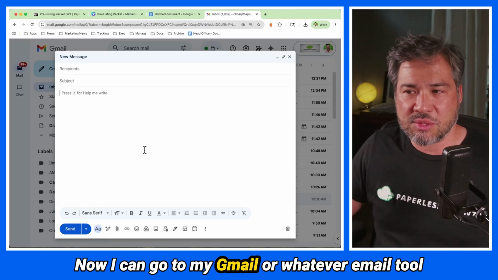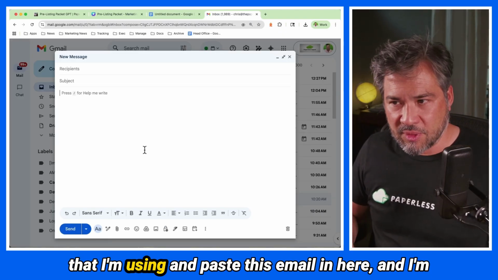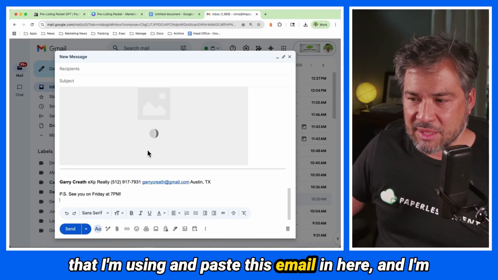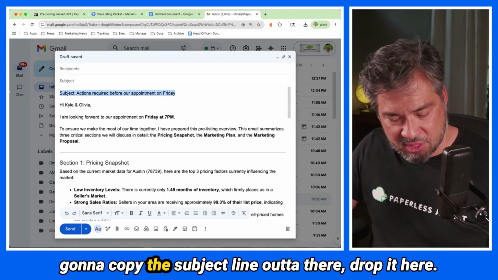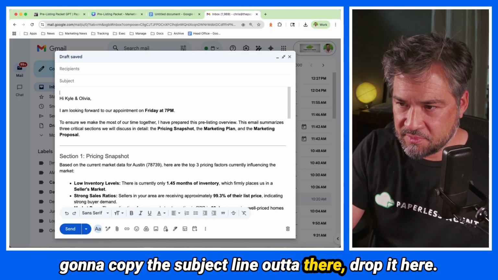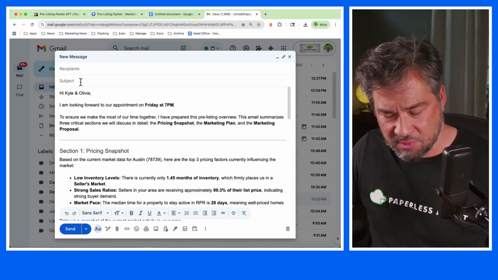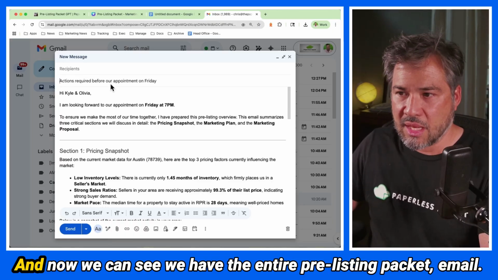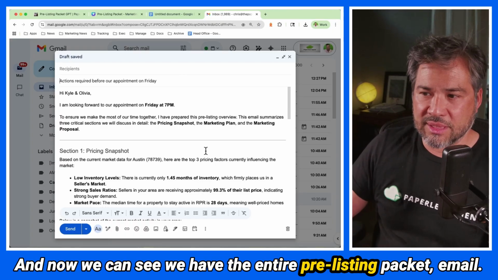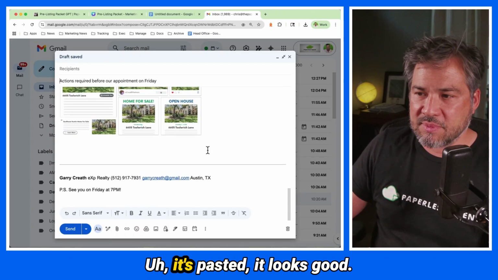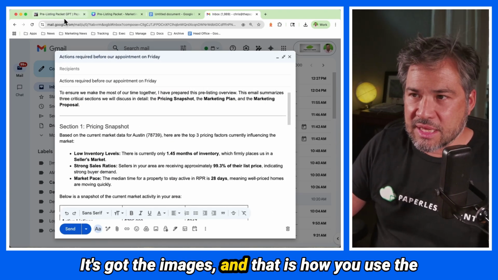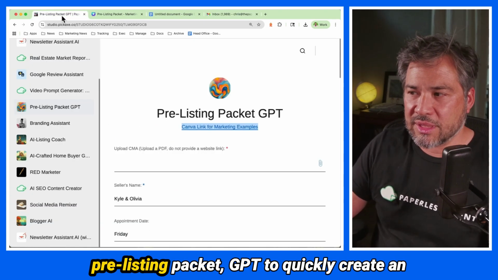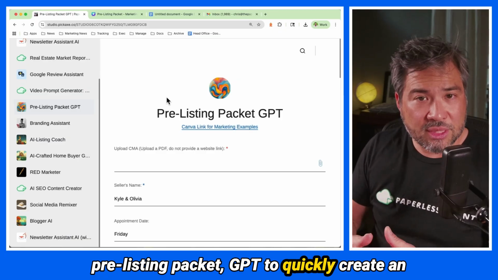Now I can go to my Gmail or whatever email tool that I'm using and paste this email in here. And I'm going to copy the subject line out of there, drop it here. And now we can see we have the entire pre-listing packet email. It's pasted, it looks good. It's formatted well, it's got the images, and that is how you use the pre-listing packet GPT to quickly create